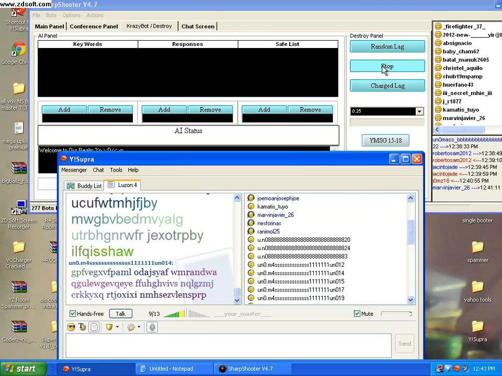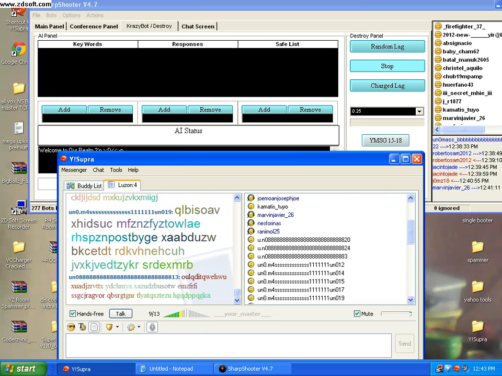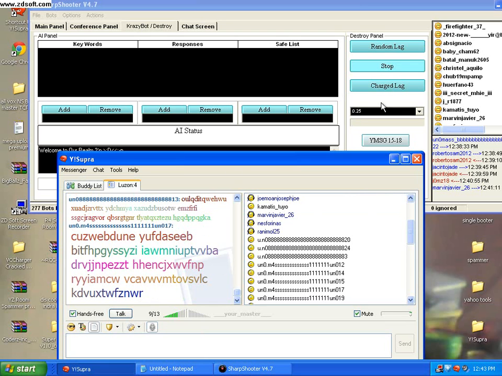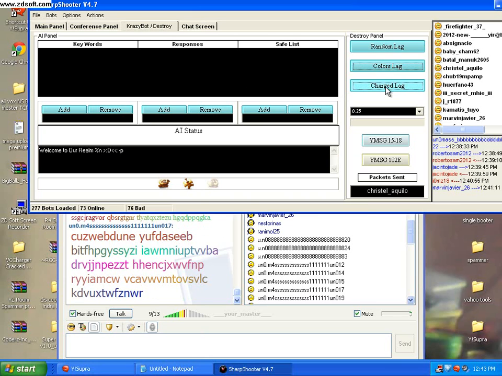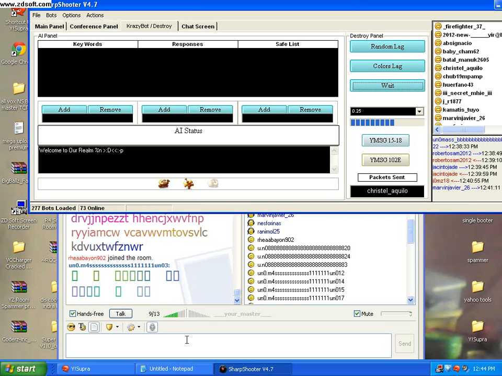It will lag your system, especially when you're doing it in screen videos. Here goes, login, stop it, and charge the log, and you will wait till it's charged, then it will release, and it has a big spam in the room, and just like that.